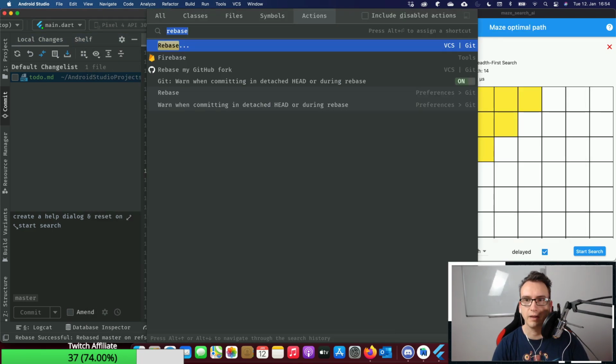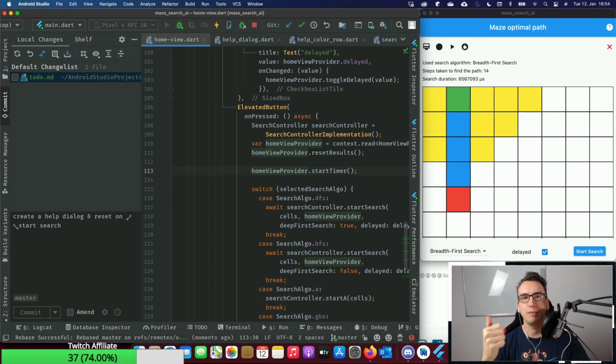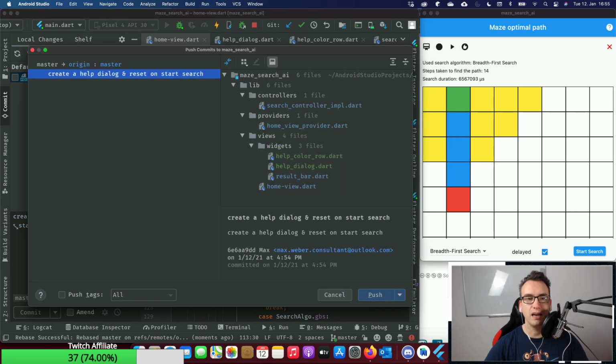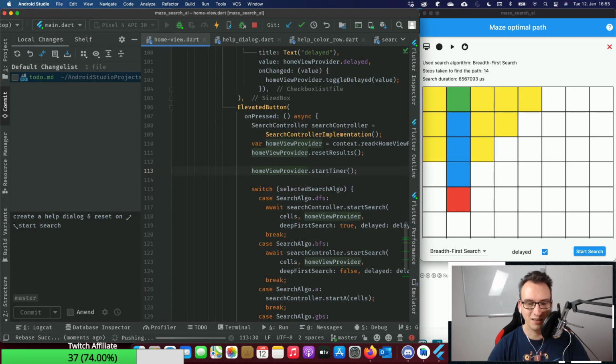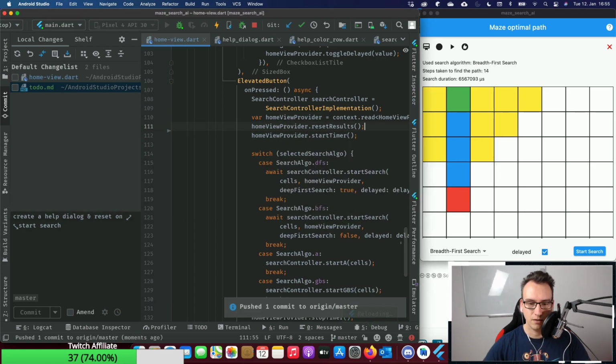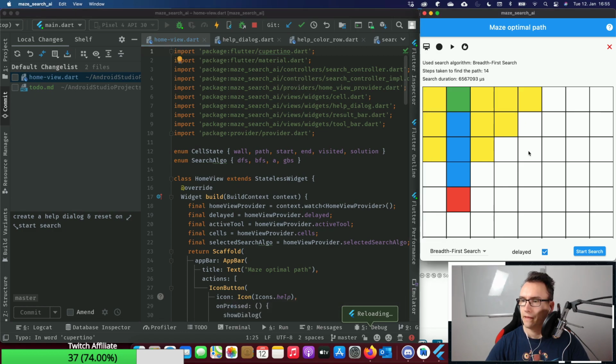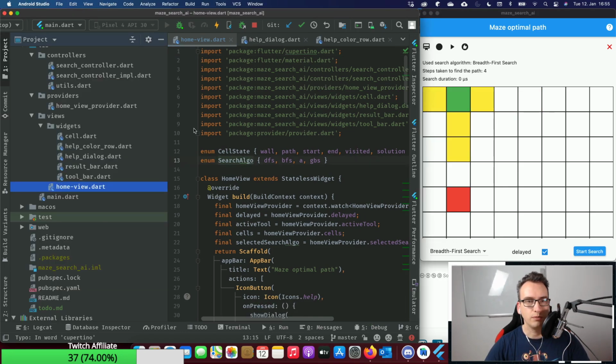Oh, I didn't explain that. So I rebased now the two branches, because what I did is I once committed for the most of the files, but I forgot one. And to get this file into my push that I will do now, you can see it's still just one commit at the end. And the rebase just squashed both commits together. That was a bit fast. Sorry for that. Didn't even think about it, to be honest. Okay, so we have that. What changed now? Okay, so this is now also possible.